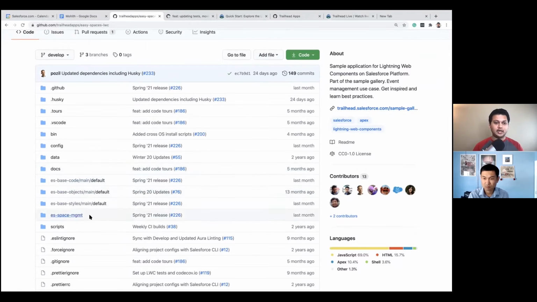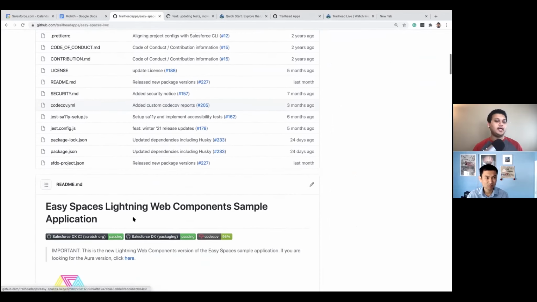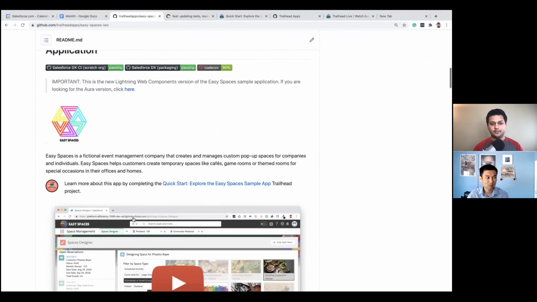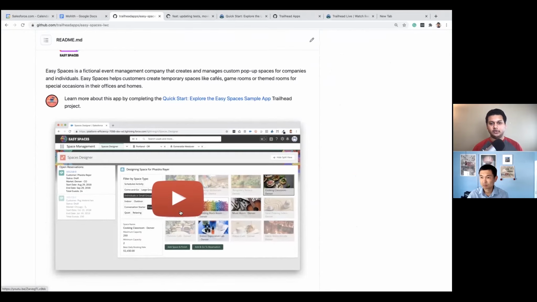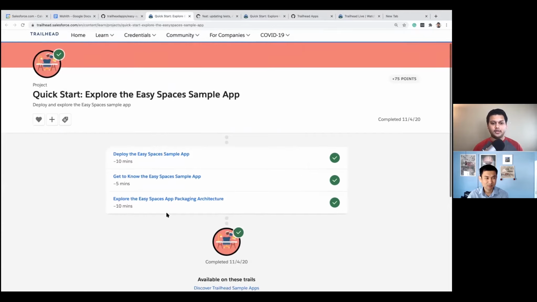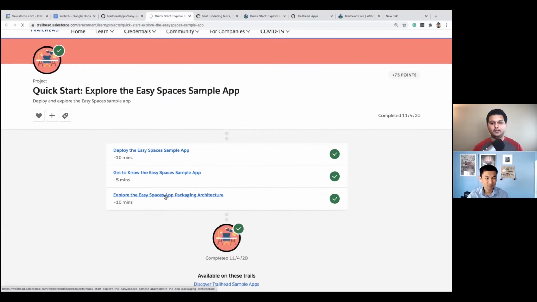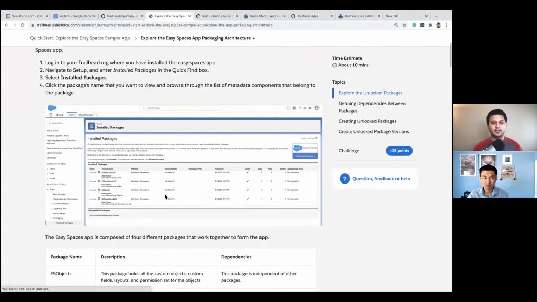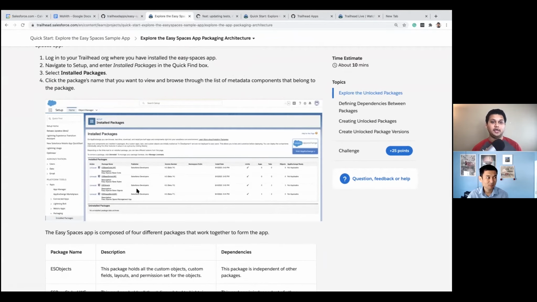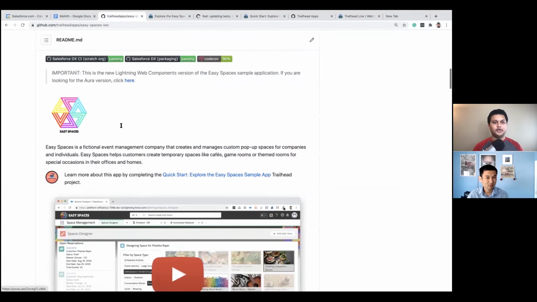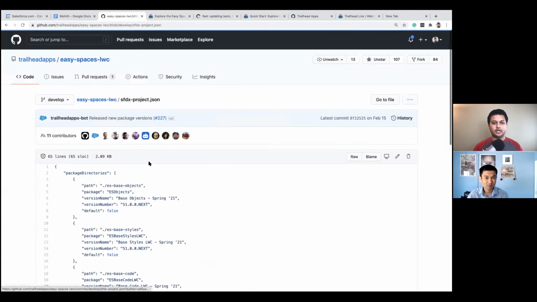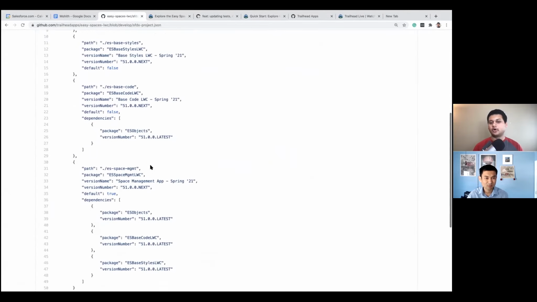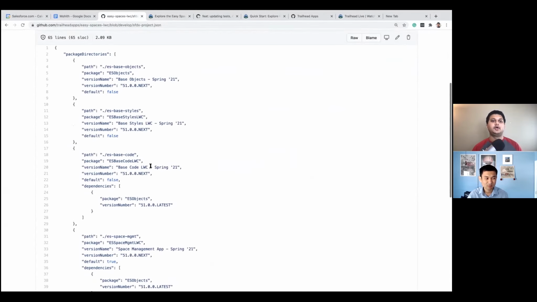So as you can see, our application code is now split between 4 different packages. This is one of my favorite projects, and you can see there's a video on that. There's also a little Trailhead module that I wrote about it, which talks about our whole packaging architecture, like how we have layered this application. It's essentially 4 different dependent applications, right? So you can see that the project.json definition for this is much more complex than any of your other projects,